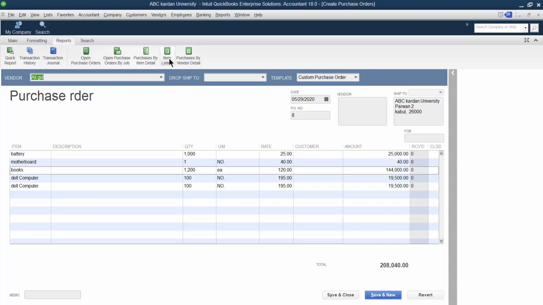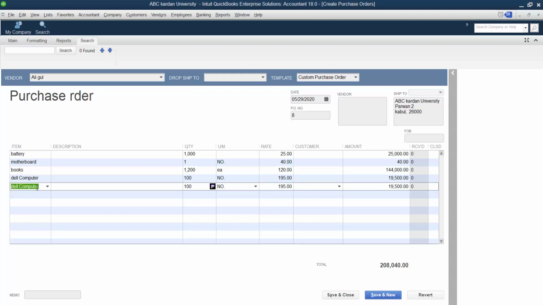So these are the things that we discussed. In the search, if you miss some of this, you can find out. Let us say we have selected the Dell computer, but we want to find a book line. Let us say, for example, 1,000 items are there, and it is difficult to find that book, so you can mention books, right? When you click on the search, QuickBooks can find it for you. It is the same as we have done in the